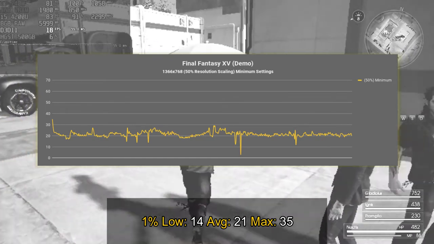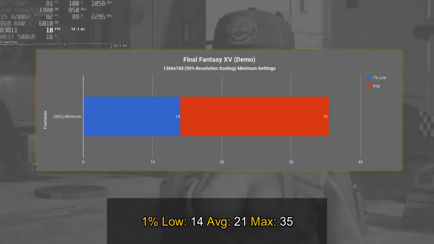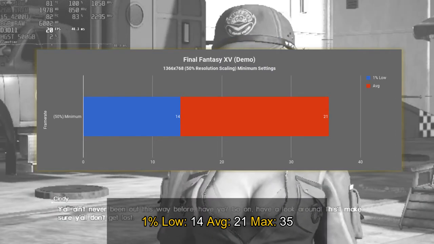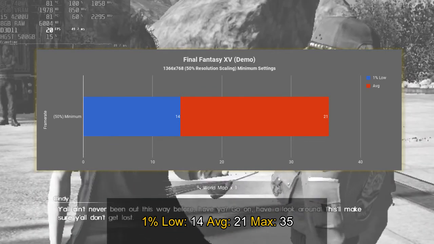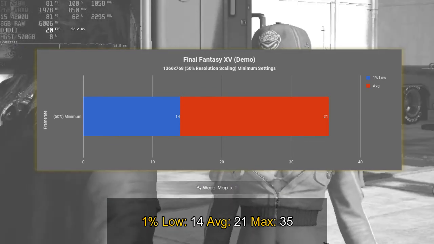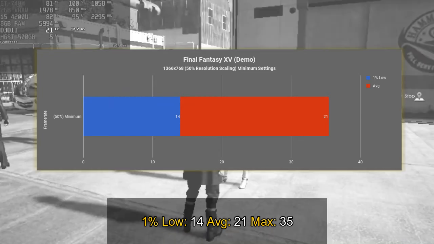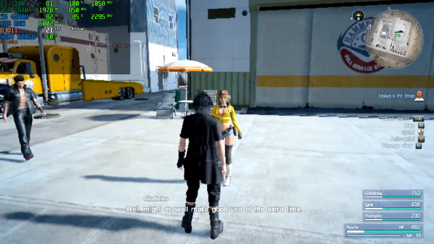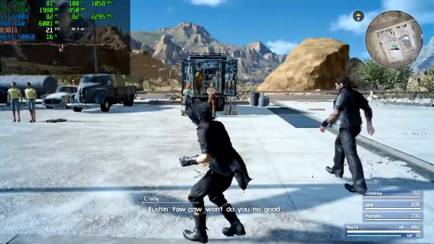As you can see, the game sometimes stutters, especially when you enter a battle. There are some stutters at the beginning, but it never happens again. The average frame rate was about 21 frames per second and a maximum of 35. So as you could see on the graph, the game spends most of its time between 20 and 25 frames per second. It uses almost its